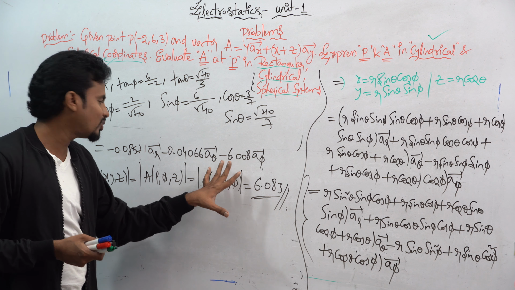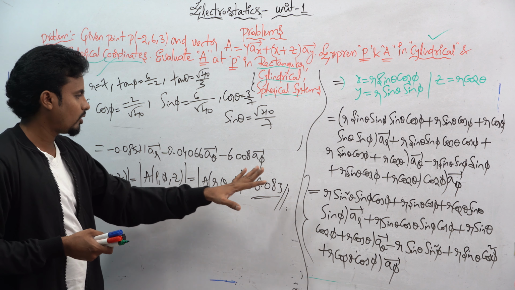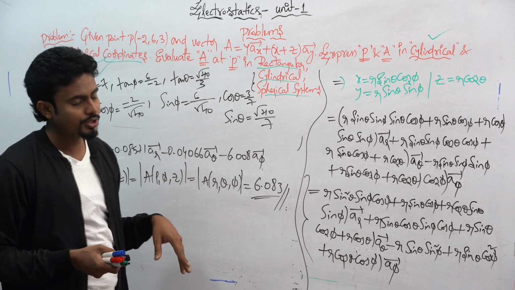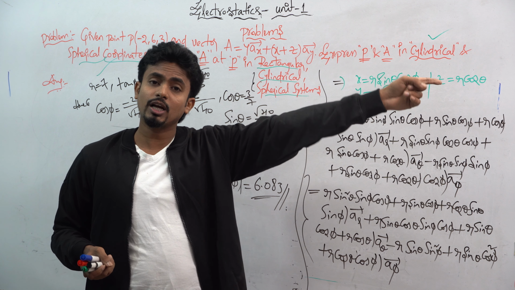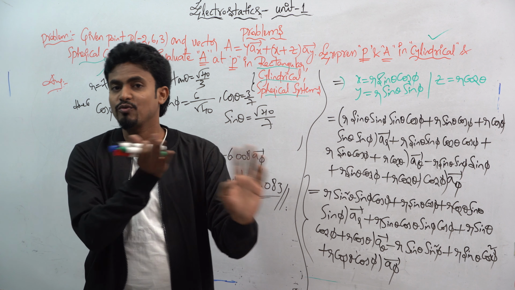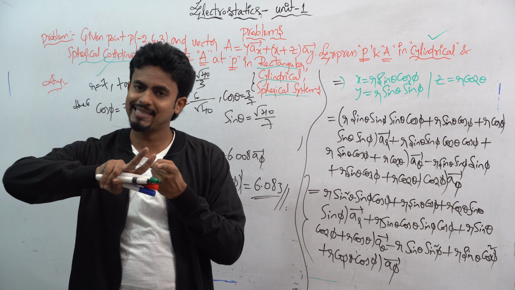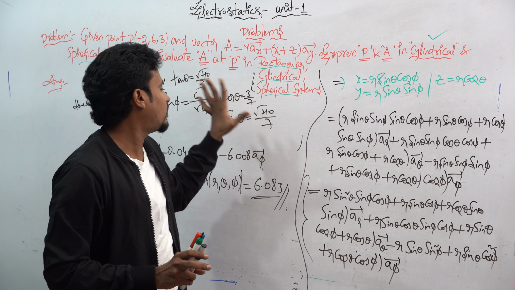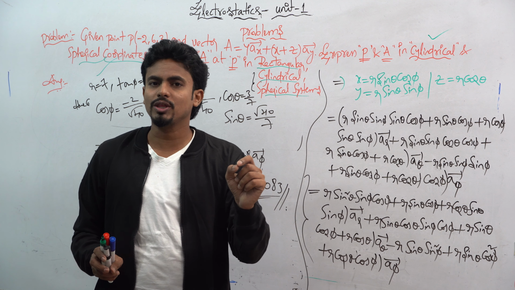Okay. I just want to write the direct answer. You just have to put it in your calculator, and after that you just have to add the cylindrical coordinates and the spherical coordinates. You will get the same answer. Whenever you get the same answer, that is right. Okay. In this way, you can do some simple questions based on the coordinate systems.